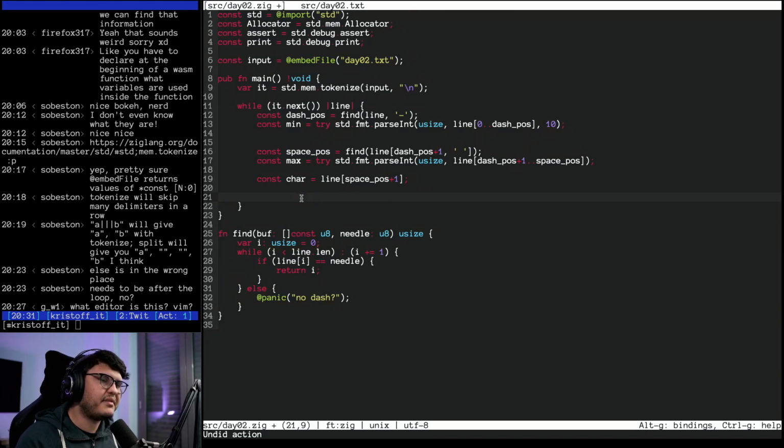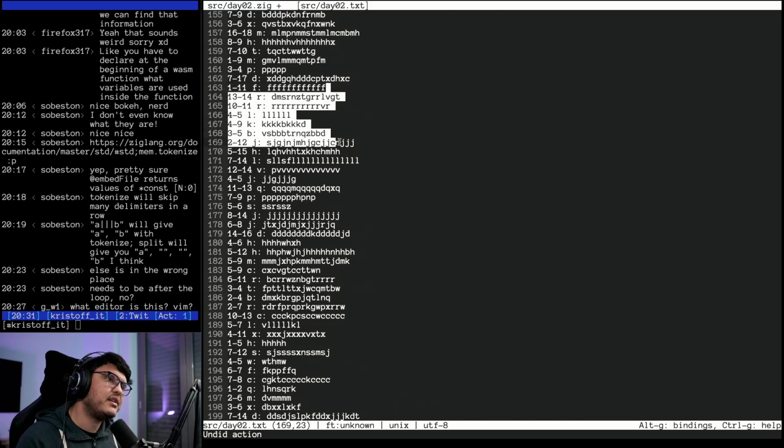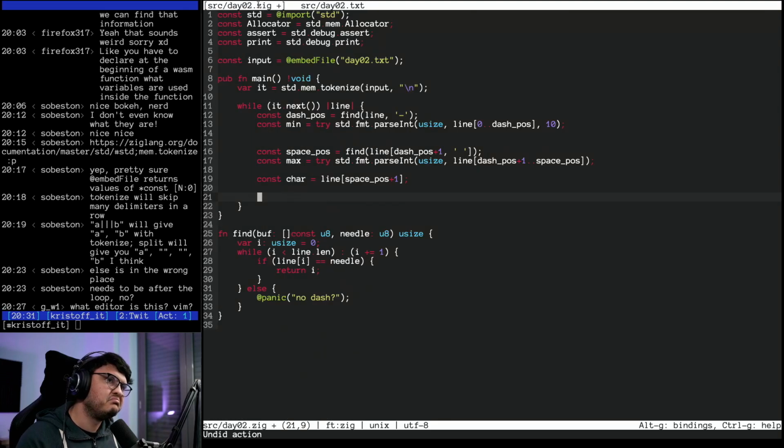So we have the character. Now what else do we need? We have a colon and a space, which kind of makes me want to skip 2 bytes. And I think that's what I'm gonna do. And then we have everything until the end of the list. Now, this is assuming input is always clean and nice. Not the most robust way of parsing stuff, but hey, it's probably good enough for this challenge.